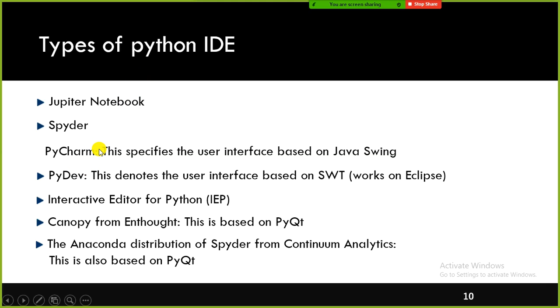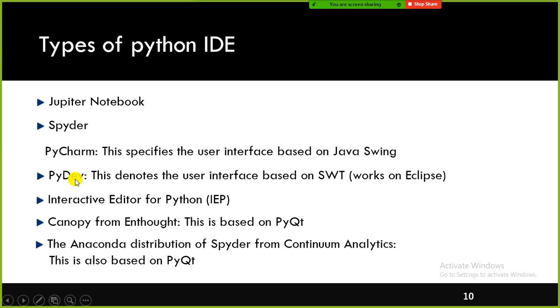For example, you don't know the syntax of the entire command. Okay, just type the name. For example, in pandas you have something called concat, but you don't know the syntax of concat. Type pd.concat, press tab, and it automatically displays the command. The entire result will get printed. Okay, so the code completion facility is available in Jupyter Notebook, Spyder, PyCharm. That is the reason why we are all using IDEs, right? Otherwise we can use Notepad, but in Notepad you cannot get the code completion facility if you don't know the syntax. It is not much helpful.